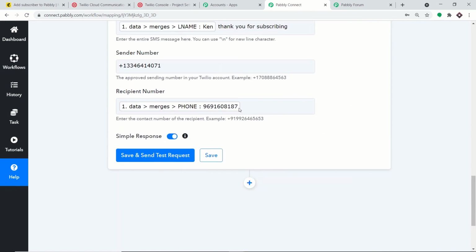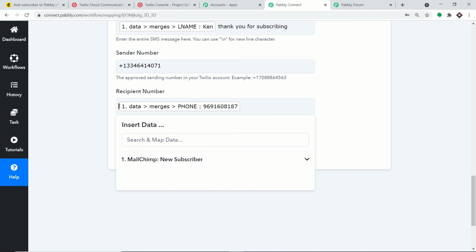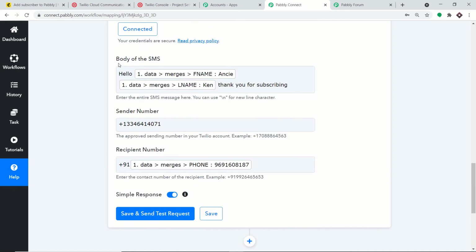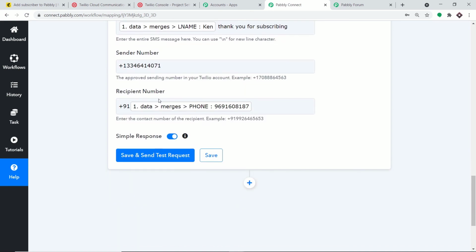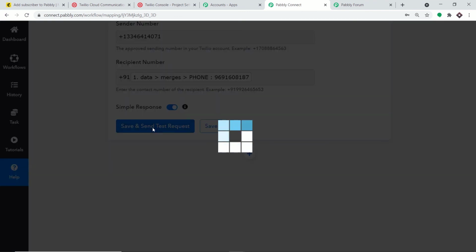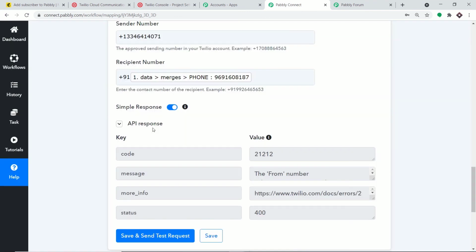We have mapped the phone number, but it is demanding a particular format, which is +91. So in front of this number, I'm going to manually enter +91. Okay, so we are ready. We have entered the sender number, we have composed the message, and this is our recipient number. Let me click on save and send test request to send the SMS.